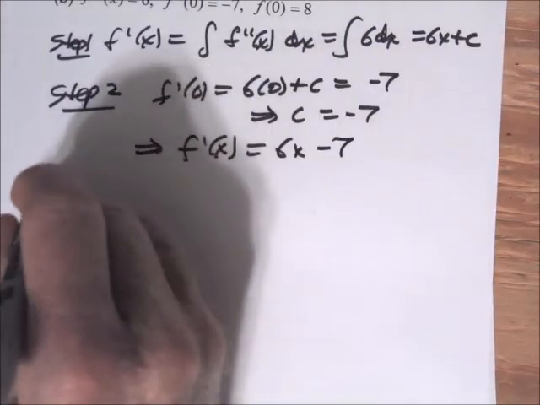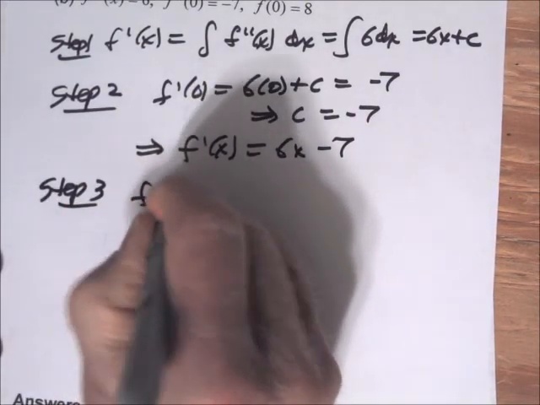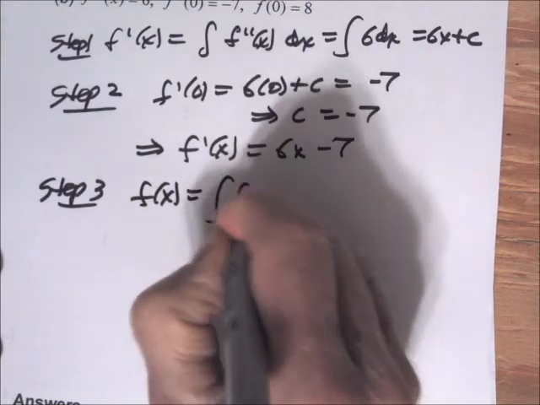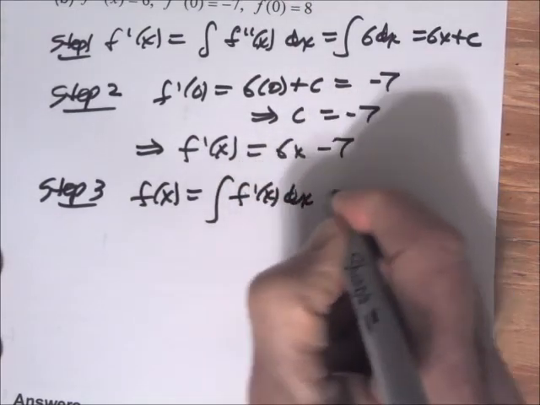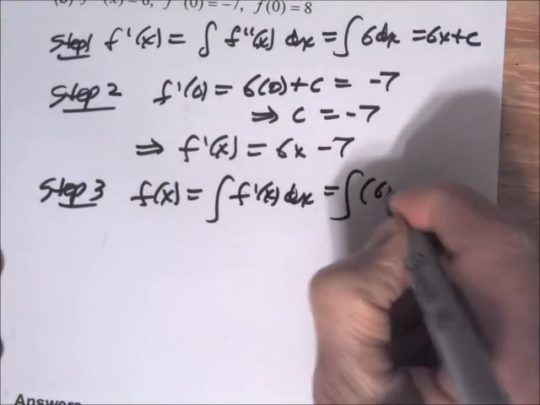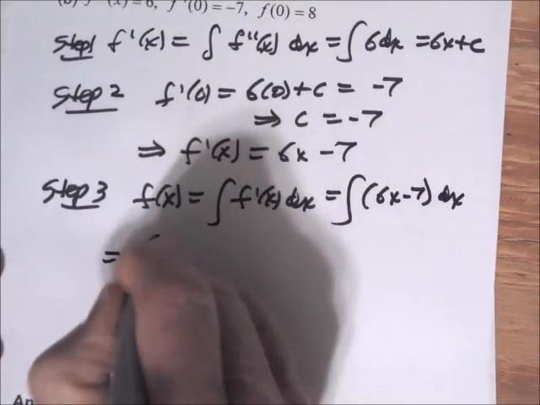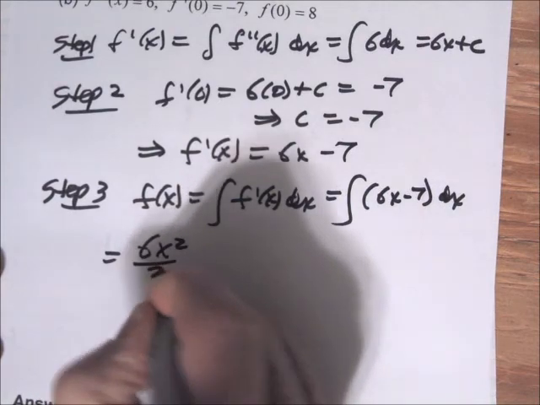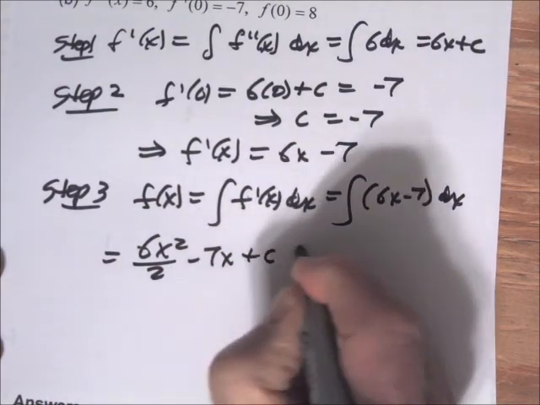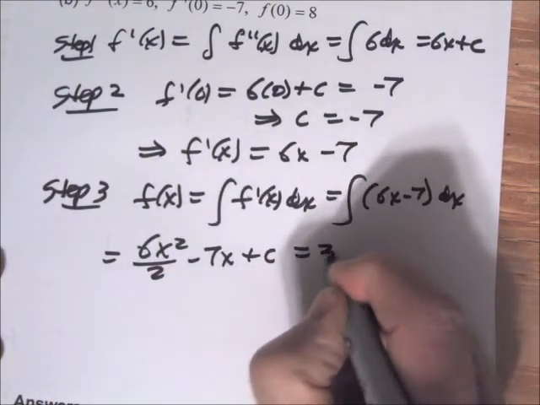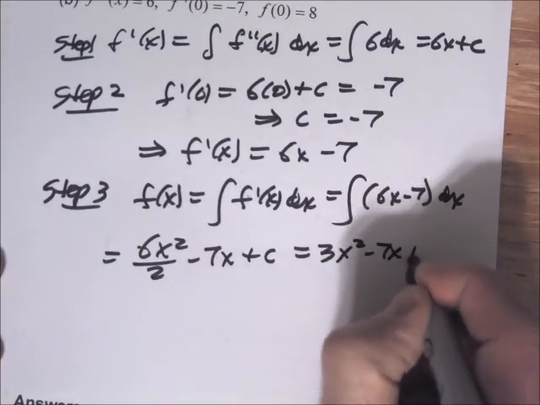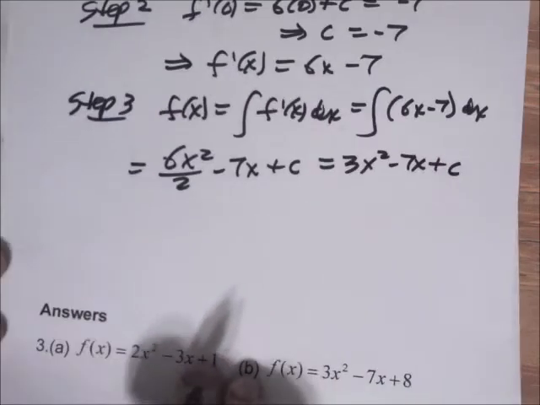And then step 3, f of x is the antiderivative of f prime of x dx. So it's the antiderivative of 6x minus 7 dx. Use the power rule, 6x squared over 2 minus 7x plus a constant. 2 into 6 goes 3, so it's 3x squared minus 7x plus a constant. And then step 4,